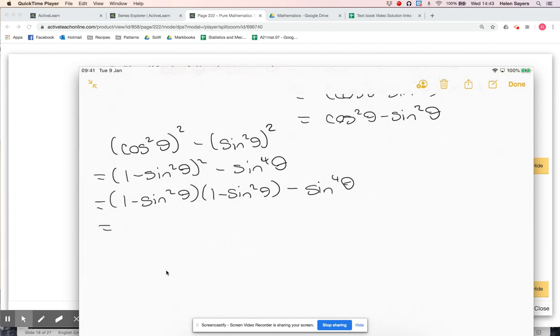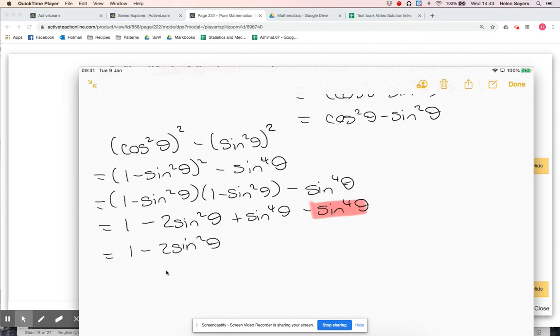So if I square those brackets out, I've got 1 times 1. I've got sine squared theta times sine squared theta. Sorry, I'm skipping. I've got 1 times minus sine squared theta twice. So minus 2 sine squared theta. And then I've got sine squared theta times sine squared theta. So that's why I rewrote it, I actually left that as it was in the original question, because now those last two terms you can subtract and just be left with 1 minus 2 sine squared theta,